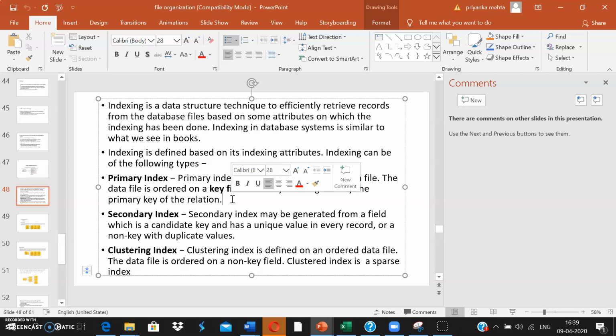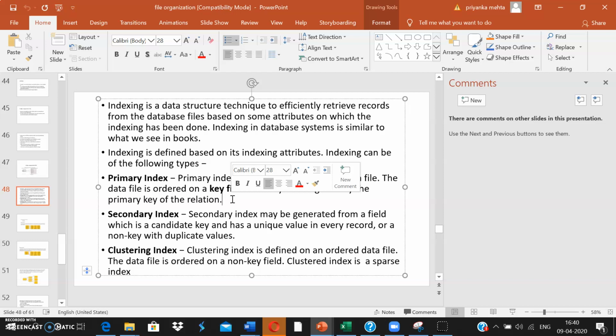That means I will be having an index for the married records, an index for the unmarried records, and an index for the divorced ones. So these are the clustering indexes, which are generally created on fields which do not uniquely identify my particular record. Primary indexes are created on fields which are unique, for example, roll number.